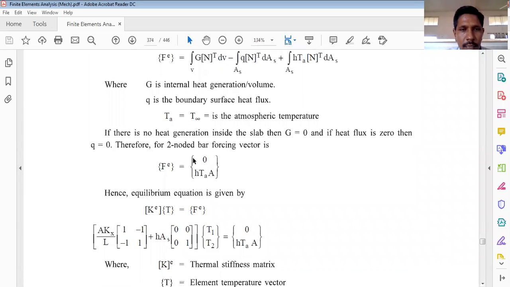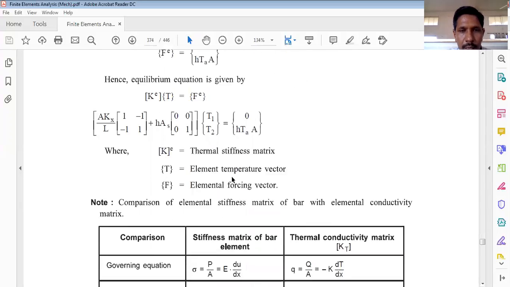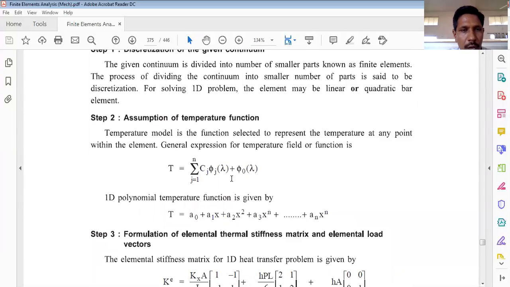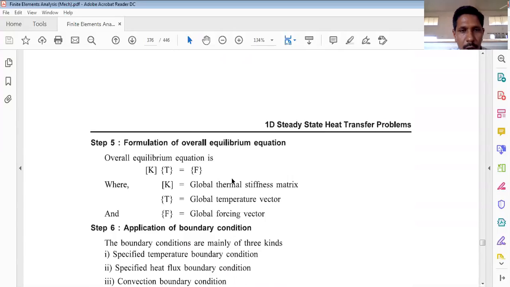So usually when there is convection at node J, suppose there is a link element or a wall element, node 1 is not having any convective heat transfer coefficient, and if node 2 is having the convection, then we'll come across the load vector or forcing vector at node number 2 or node number J, and at node number 1 it will be equal to 0. So in general, we have to make use of these set of equations in order to solve the numericals related to heat transfer problems.